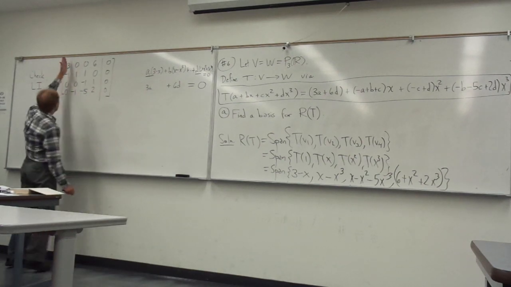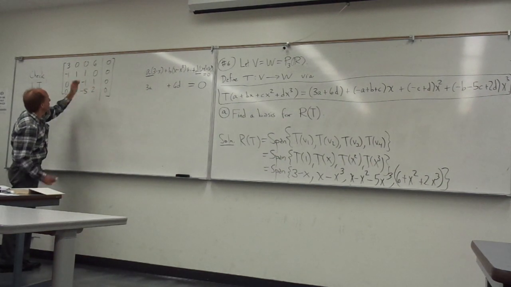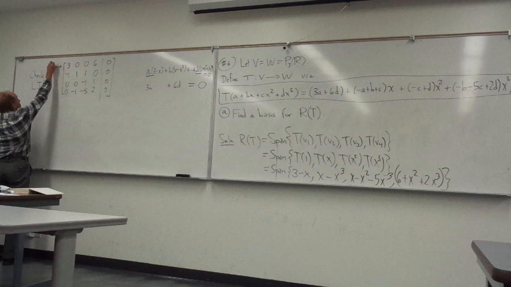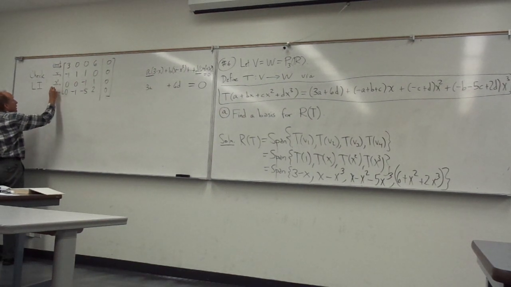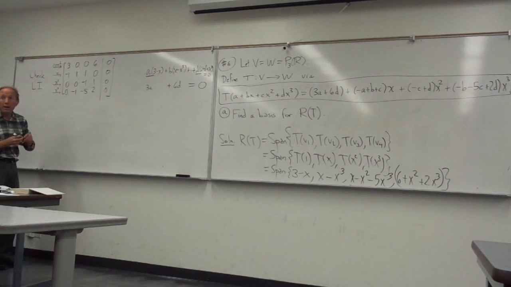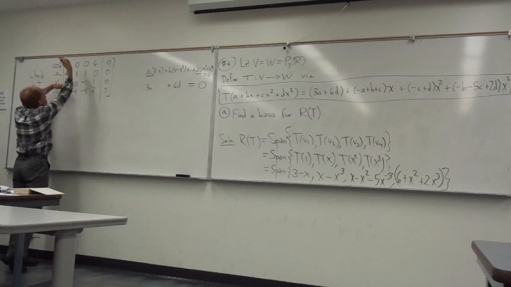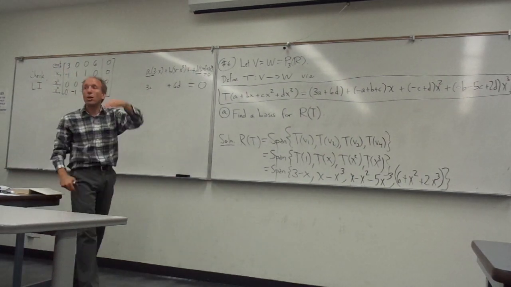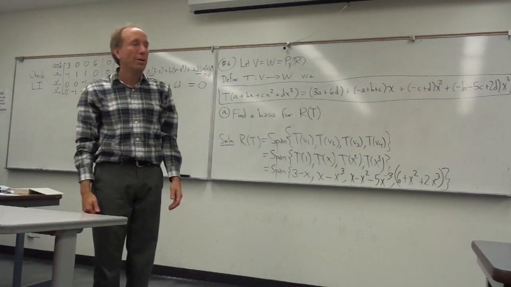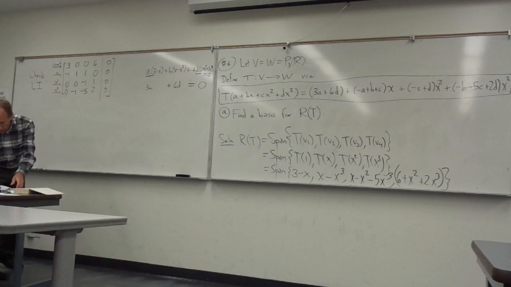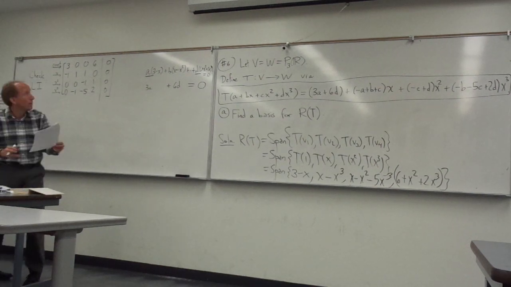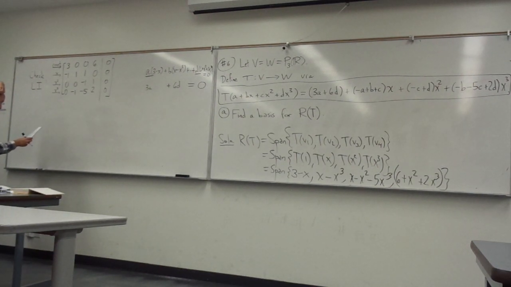Your polynomials go into the columns like this, and then if you look at it row-wise, you have all of the constant terms right there in the first row, the x terms are there, the x squared terms are there, and the x cubed terms are there. Of course you can switch these rows. You don't have to start with the constants on the top row, but this is what you're going to get. Okay, so what we have to do is row reduce this and see what we actually